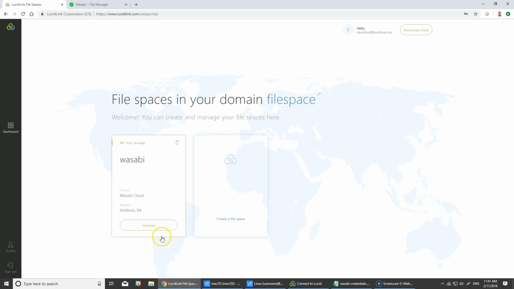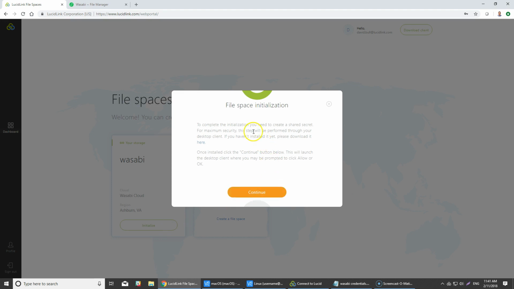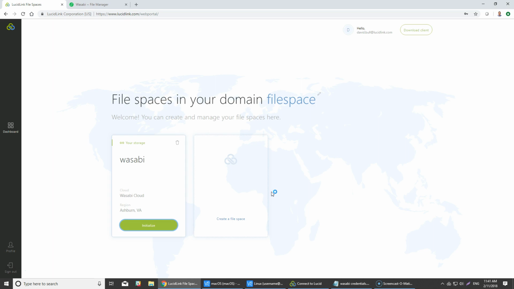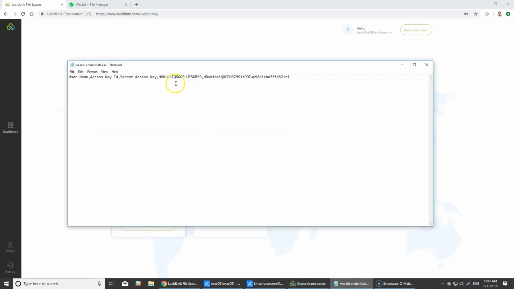Which it has. So we're now ready to initialize the file space. To initialize the file space, we're going to need the LucidLink client installed. I already have it installed on my Windows, Mac and Linux machines. So I'm going to put my access key in for my Wasabi object store